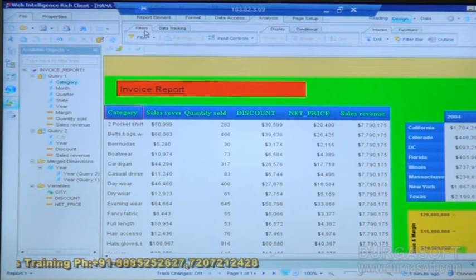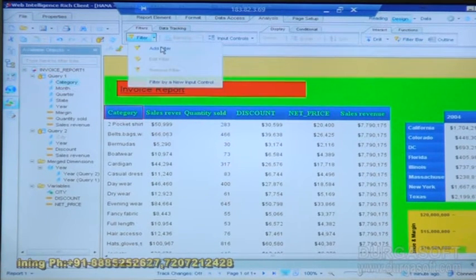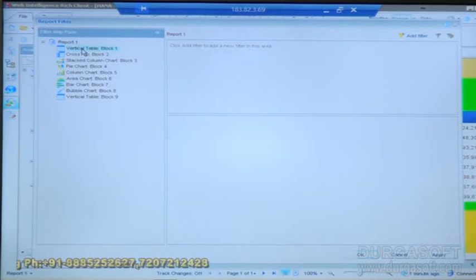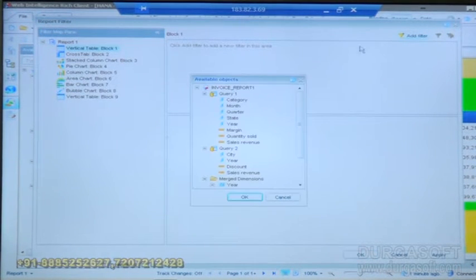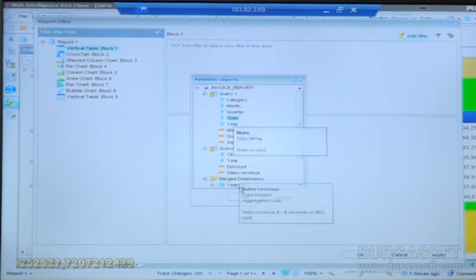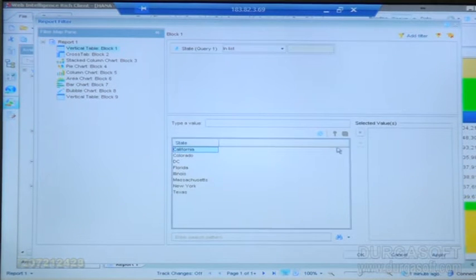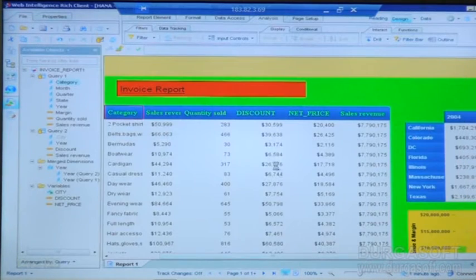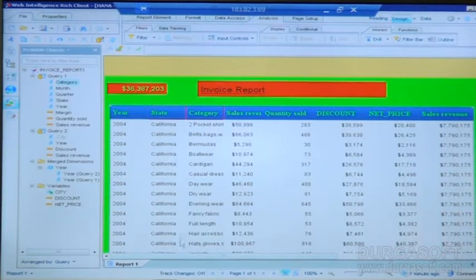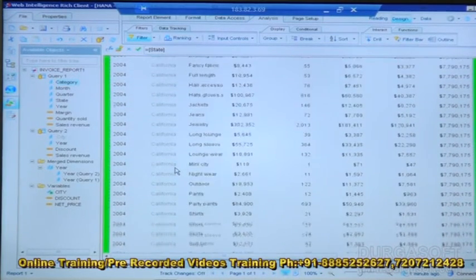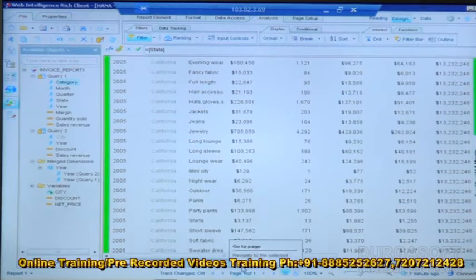I have a filter option. If you need any filter, we can add a filter here. It's called query filter on this bar. It means that when you apply a filter, that filter will be applicable only on that particular area, not on the other areas. I'll go for this. I'll do only California. So this filter will apply only California, yes. Only California you can see.